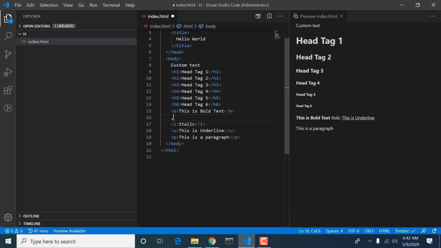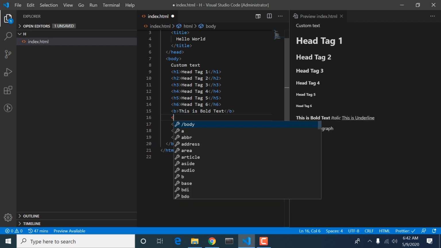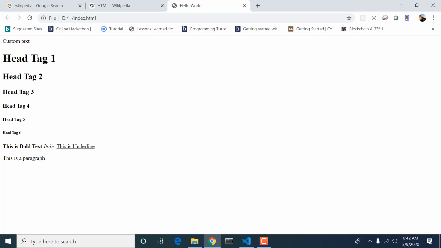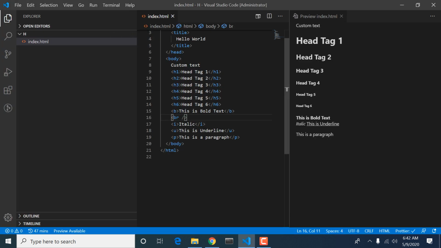So we use a br tag, which breaks my text into a new line. It is a self-closing tag. Self-closing means there are a few tags in HTML where we don't have to write a separate closing tag; they are written like this. These are called self-closing tags.